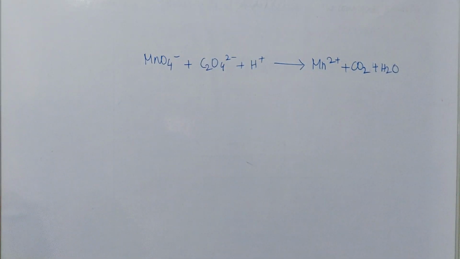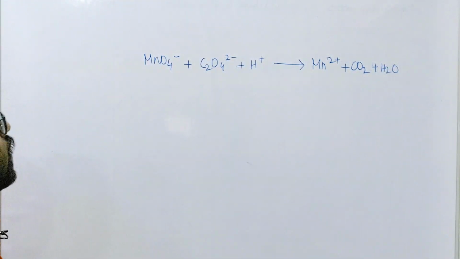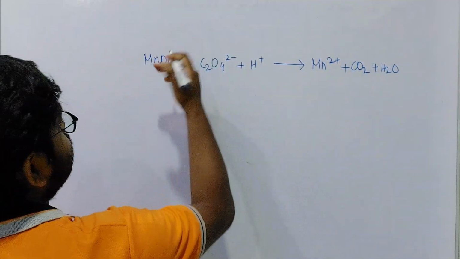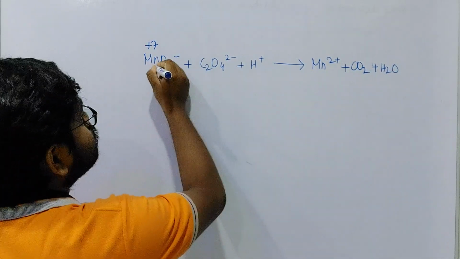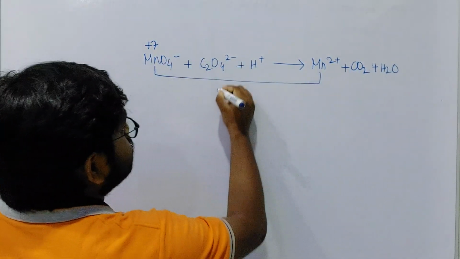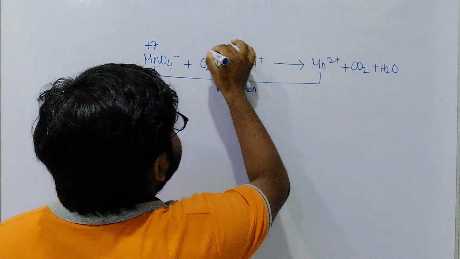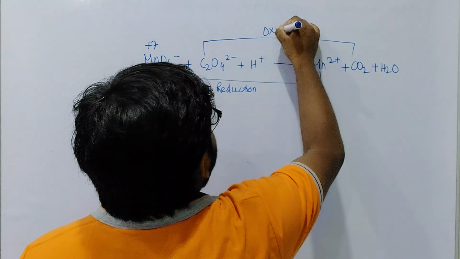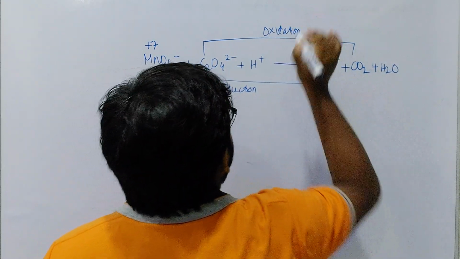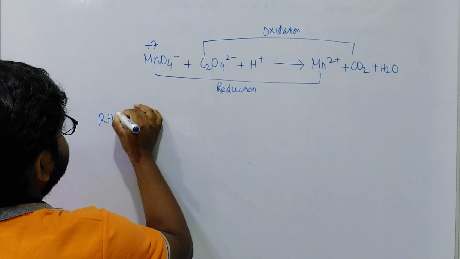So this is the chemical reaction that we need to balance. The process is exactly the same. Once again, we have already calculated in the previous one, the manganese here is +7 and the manganese here is +2. So obviously from +7 to +2 it is none other than reduction, and obviously this is oxidation. You can calculate this by calculating the oxidation number. So, oxidation half reaction and reduction half reaction.